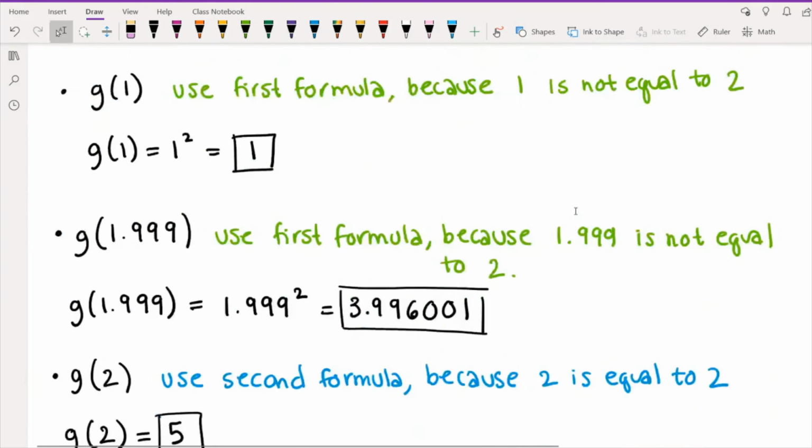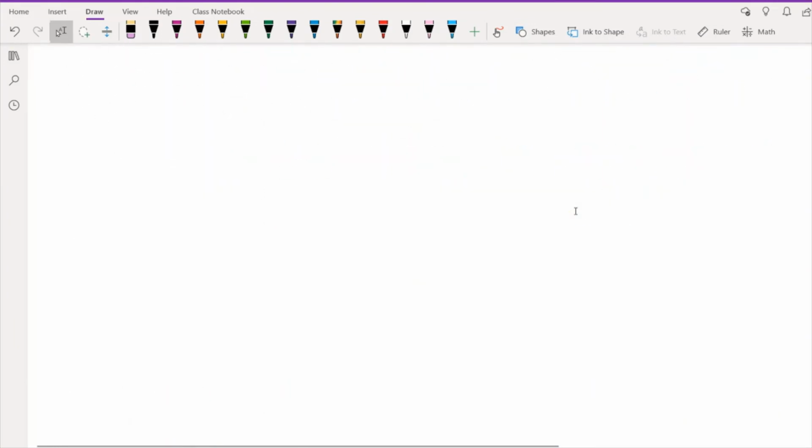What I do want to show you is, why do piecewise functions exist? Why would we even make these more complicated functions? Well, because in the real world, frequently situations will change depending on the quantity that you're actually looking at. So I just want to give you a quick example of how a piecewise function could show up in the